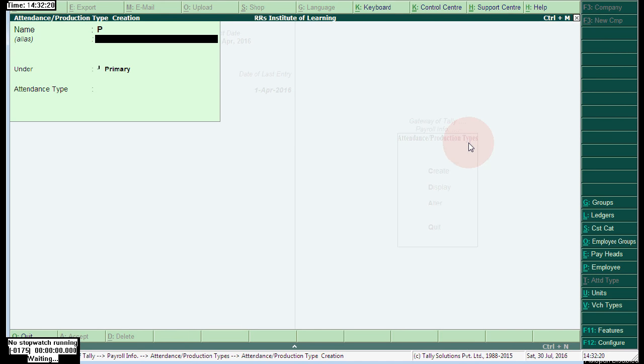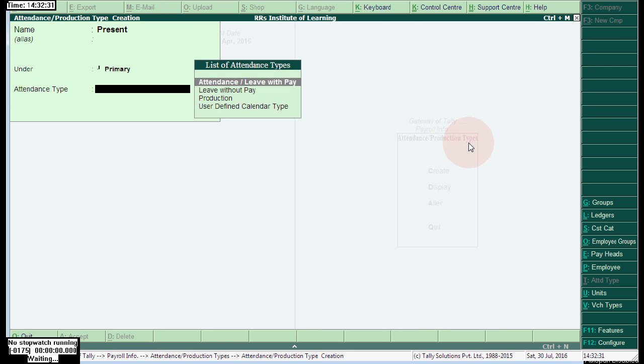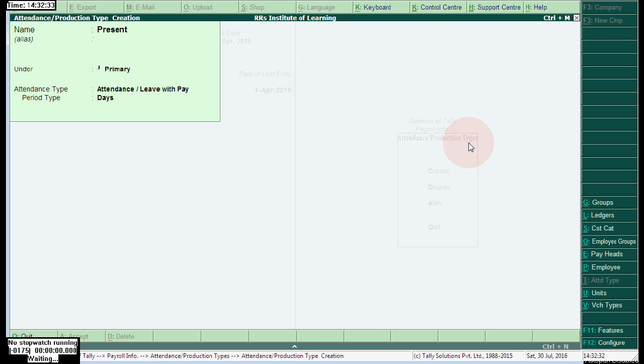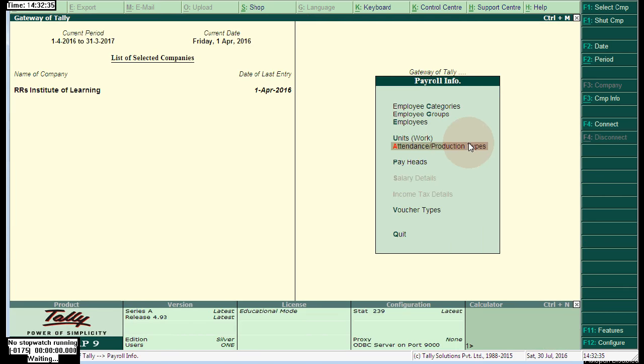Here the P for present. Here I am giving the present method. Here choose attendance / leave with pay. Just accept. Once press escape to get back, and here first create employee categories,